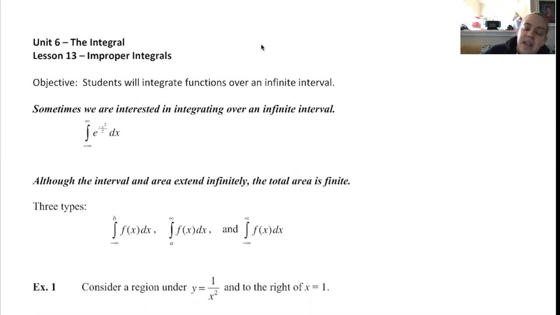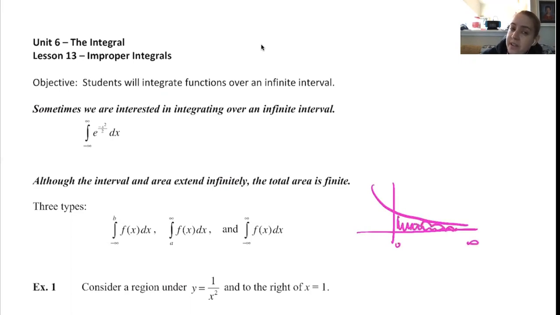Although the interval and the area extend indefinitely, the total area is finite. And that takes some serious convincing of yourself to do. Here's an example that we can figure out later. This one is e to the negative x. So if I integrate between 0 and infinity,